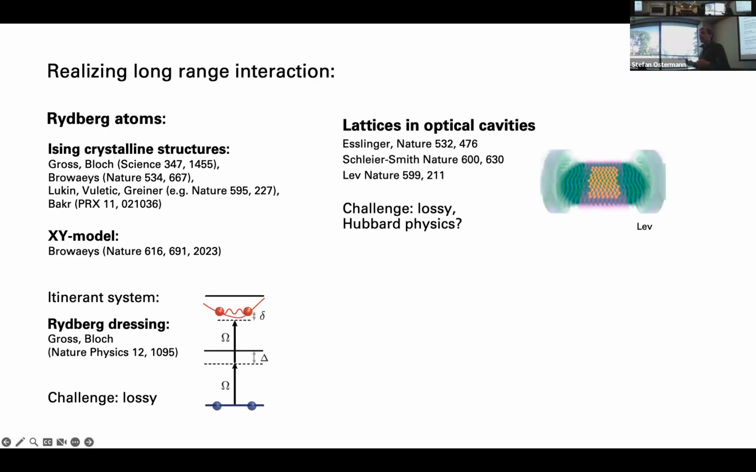And then you can play with light. There are lots of exciting experiments with Tilman and Ben, for example, where you use light in a cavity to create some kind of infinite-range or long-range potentials. The question here, for Hubbard physics again, is whether the system is isolated enough, or whether the little bit of knowledge that you gain by losing photons is too much to create coherent